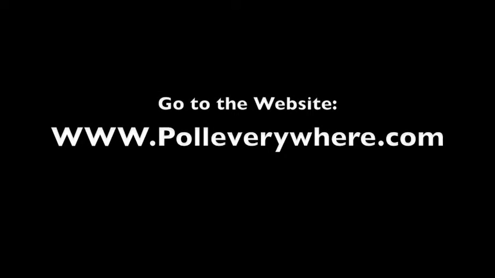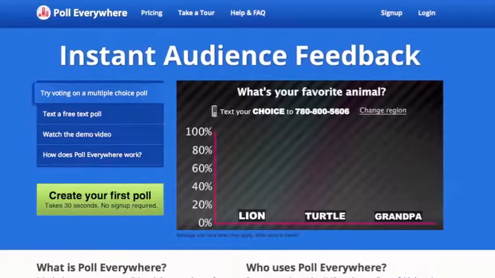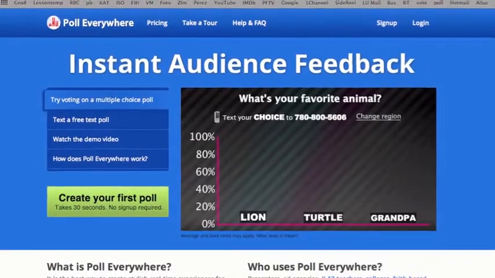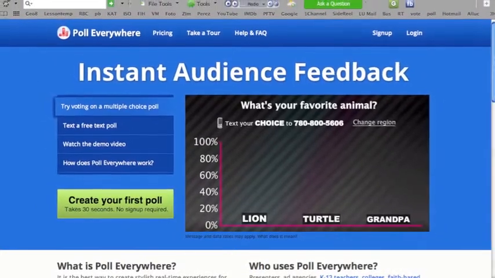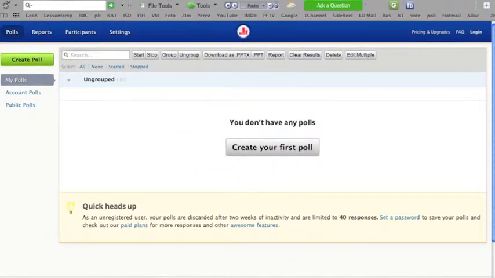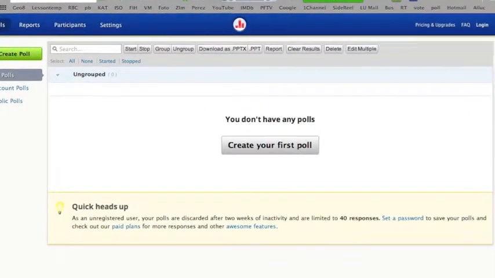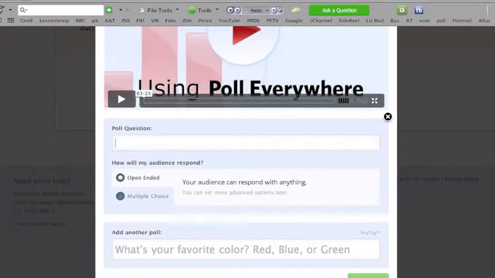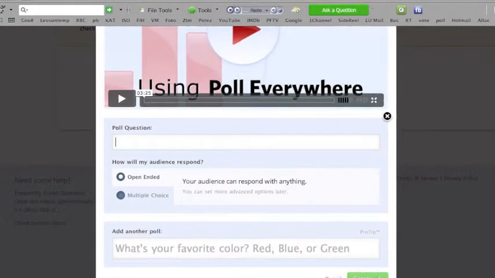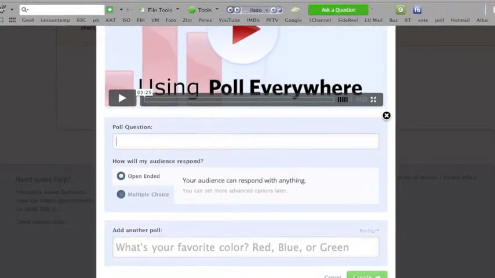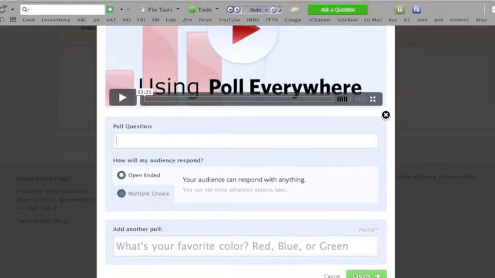The teacher will first go to polleverywhere.com. They will click on the green box that says Create Your First Poll. The button will take you to this page. Click Create Your First Poll again. This box will appear. In the text box underneath the heading Poll Question, type in the question you would like